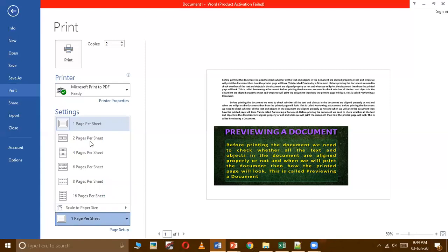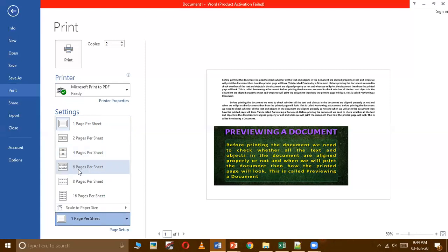If you select 2 pages per sheet, then 2 pages of your document will be printed on one page, and the remaining page of your document will move to the next page. If you select 4 pages per sheet, then all the pages of your document will be printed on the same page, and there will be a little bit of space left, because if your document has 4 pages, then all 4 pages will be printed on the same page.